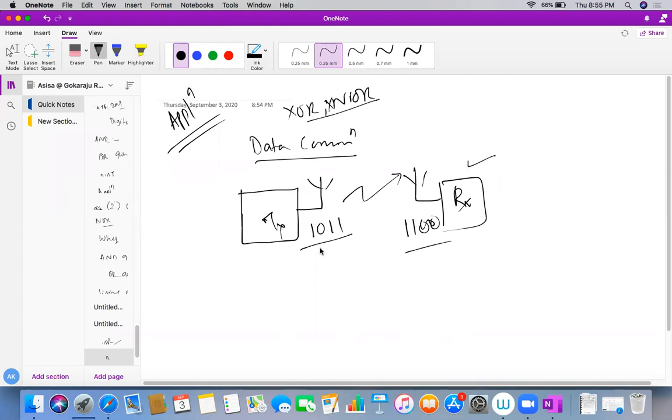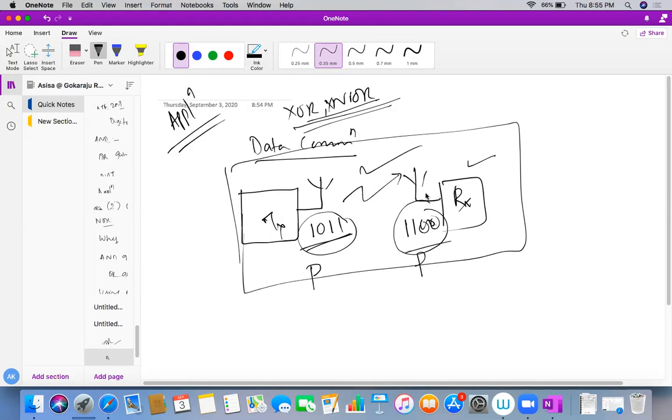He will be sent a particular thing along with the data. That is called parity bit. Okay, so here what will happen? In this case, it is going to detect that parity bit. If you add this parity bit and send it over, that will be designed with the help of XOR and XNOR. We will see all these things in a particular way while we are teaching the Hamming code or parity bit code, error correction and detection, during combinational logic circuit design. Don't worry. So this is the particular application of the exclusive logic gate. And also tomorrow we are going to see some other application of XOR. So this much for today's class.